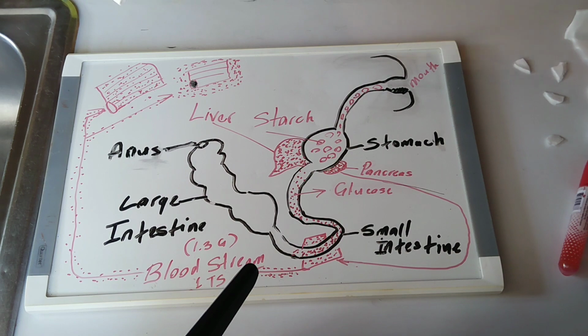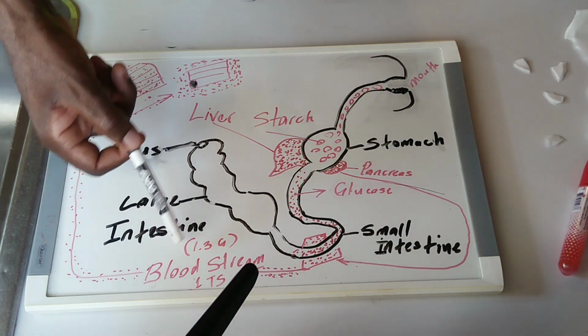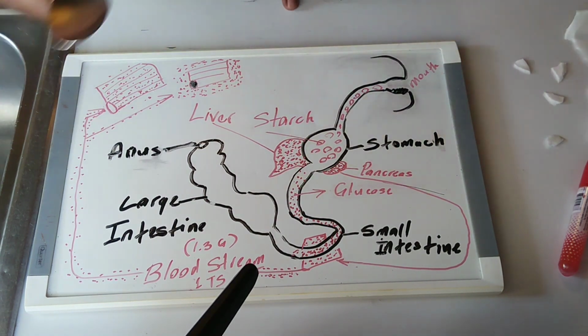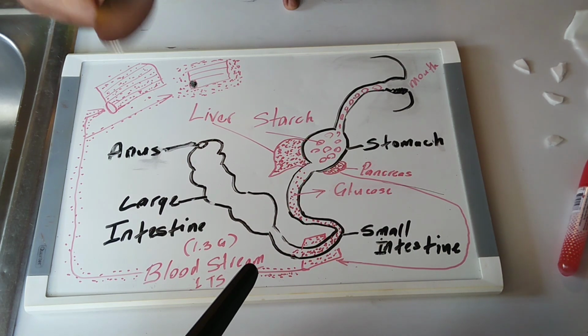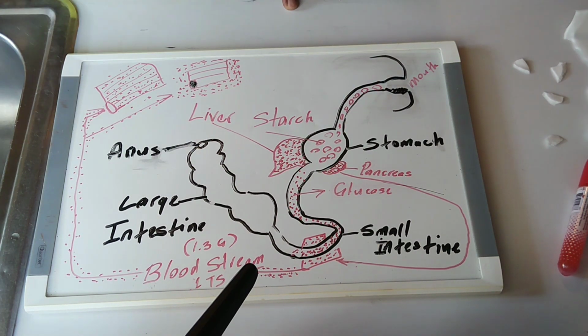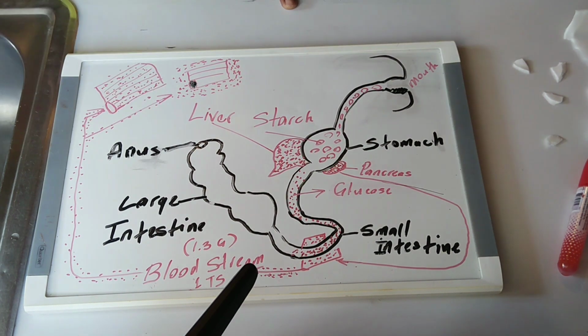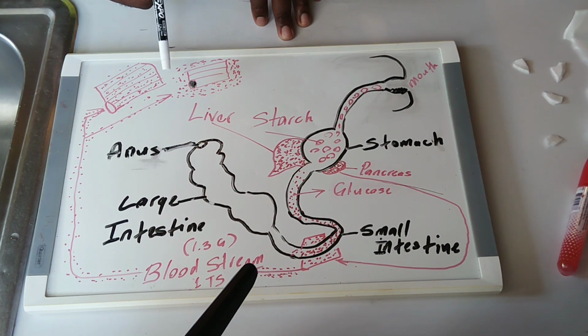Understand? So remember, just a recap. There is 1.3 gallons of blood in an adult human being, and in all of that you only need 1 teaspoon of glucose. Any more than this and you become diabetic. Any more than this and it stays in the blood, rather, you become diabetic. This sugar needs to go and store in muscle. What is preventing it? Insulin resistance.